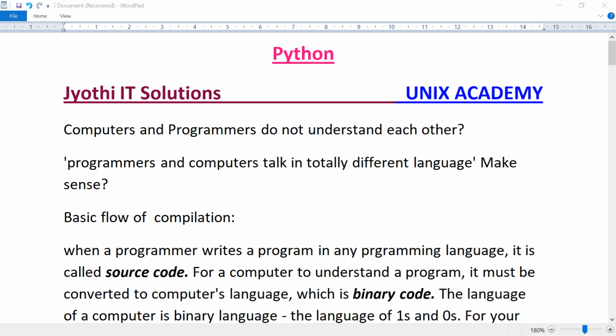A source code is written as per some programming language rules, and it is easier for us, humans or programmers, to read and understand it. For a computer to understand a program, it must be converted to the computer's language, which is binary code.